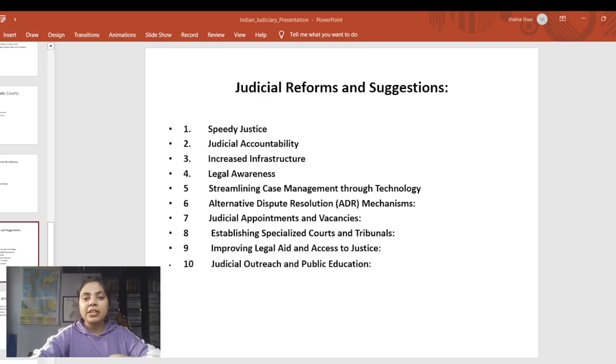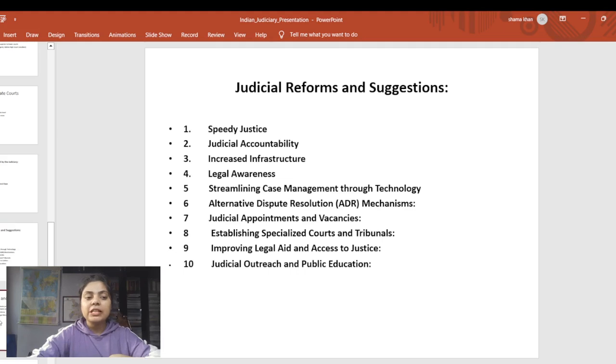Judicial appointment and vacancy: we have to fill them and establish specialized courts and tribunals. There is a need to expand specialized courts like the National Company Law Tribunal, NCLT, and POCSO courts to areas such as IPR and environmental law, leveraging domain expertise for faster resolution. We have to improve legal aid and access to justice also. And apart from that, judicial outreach and public education is one of the important things